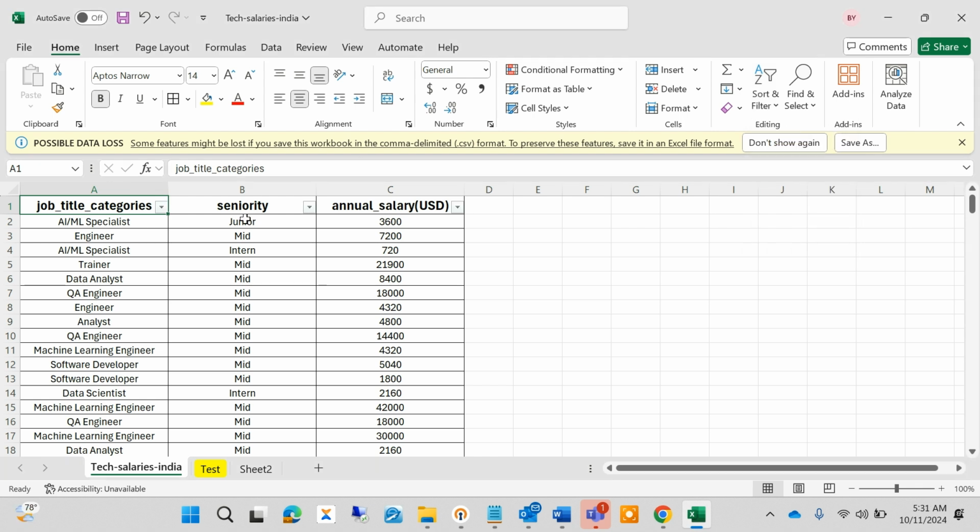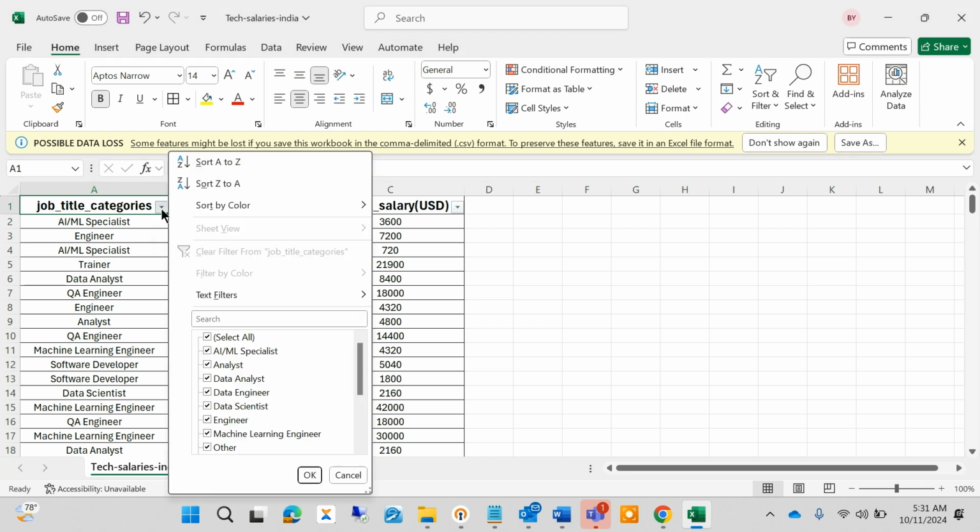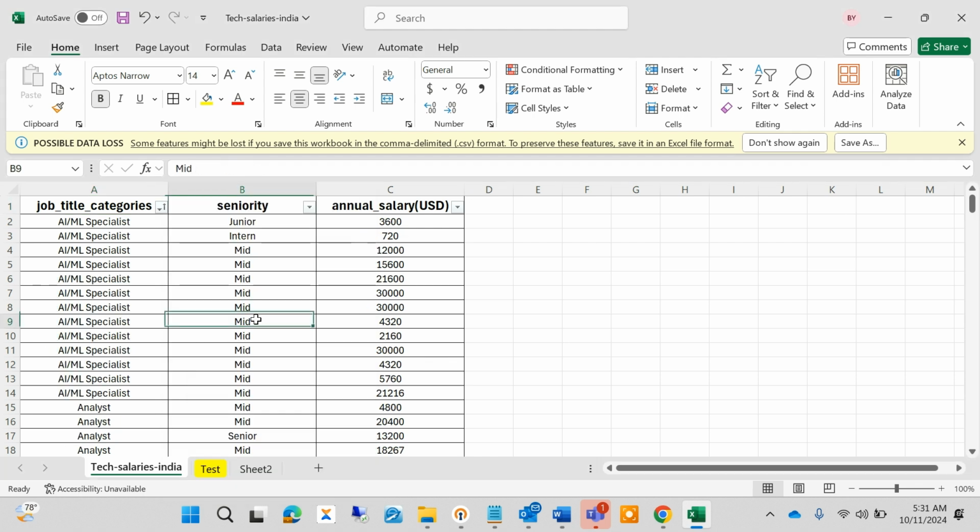So by clicking on that, what it does for you is that it inserts that filter option here, and you can just click on it, right? Oh no, you don't need to check everything that has been checked, because we are not trying to streamline our search. So we want to just sort it in alphabetical order. So look at it, A to Z. You can see now everything is in alphabetical order,